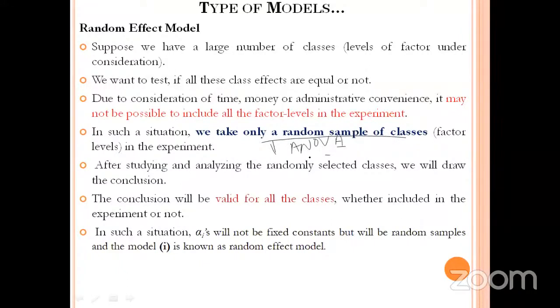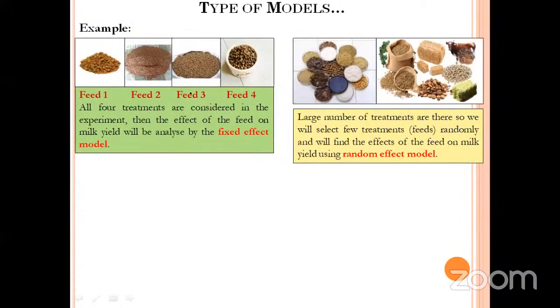This is only for those doing time series analysis. I'm telling you these two words are there, but they are not so important from the point of view of the NET and JRF exams. If you are looking at treatments 1, 2, 3, and 4, we use fixed effect because we know which treatments we are using. But if there are so many, and among them you take a few, then we call it the random effect